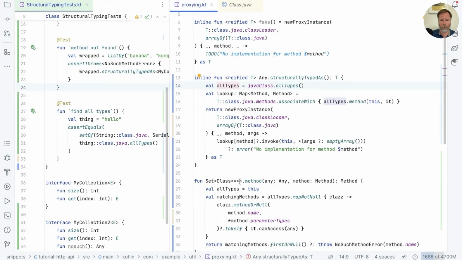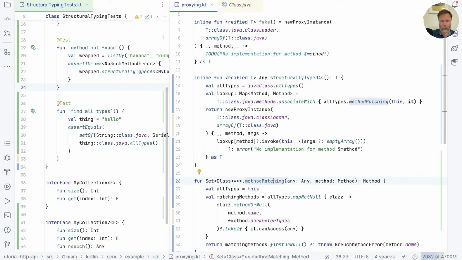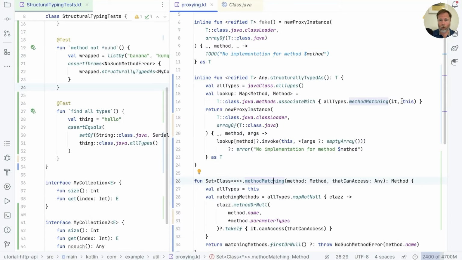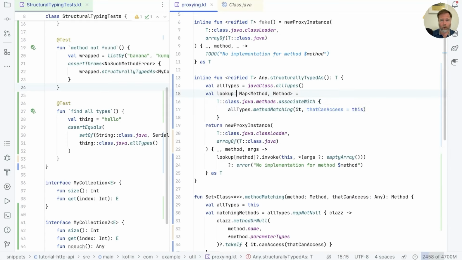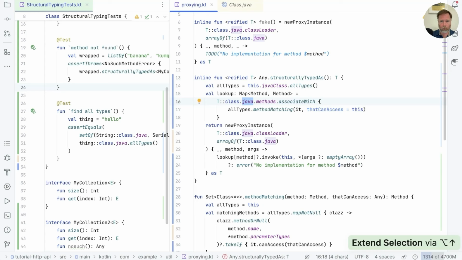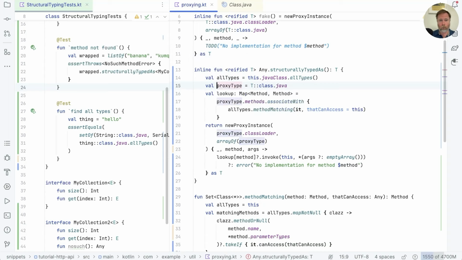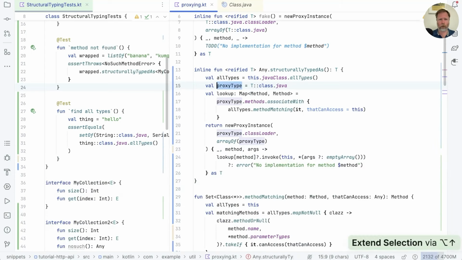And tidy this thing up by calling this method matching and rename this to be that can access. Add in the name of that parameter, a little bit of reformatting. It would be clearer if that was this, and reasonable if this thing was a variable. So all of these are proxy type. Is that good? It is. And now finally, if we move that to the top,